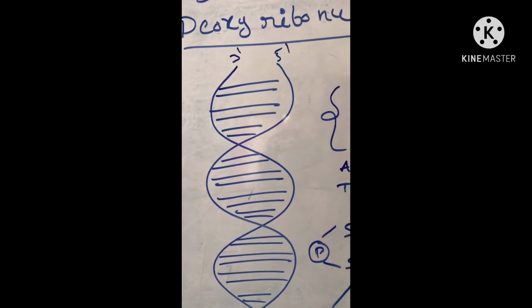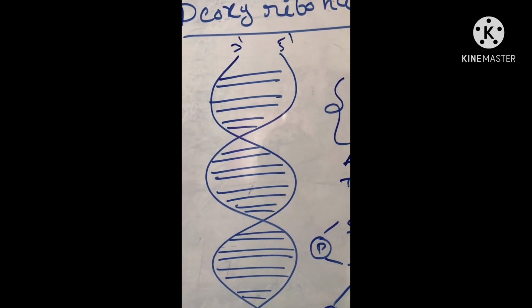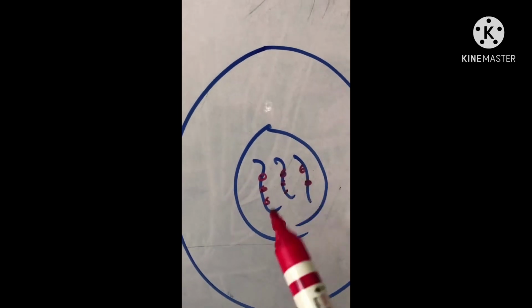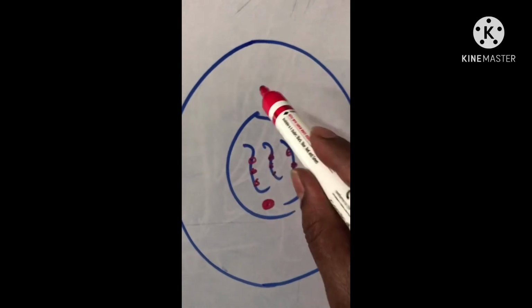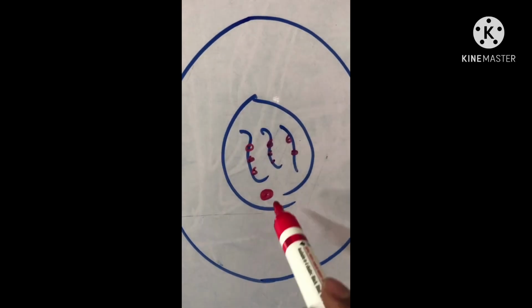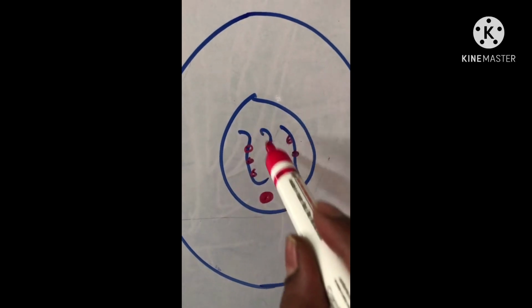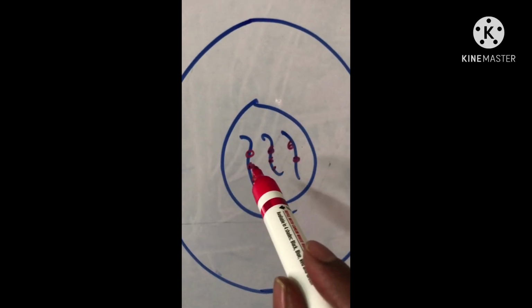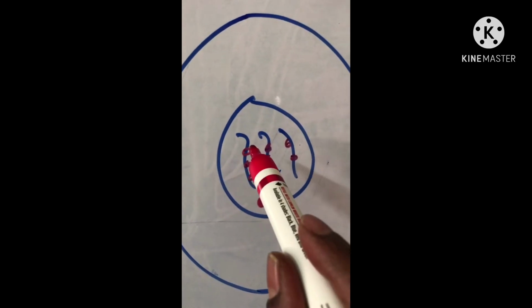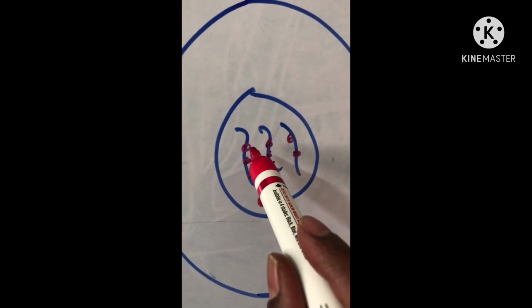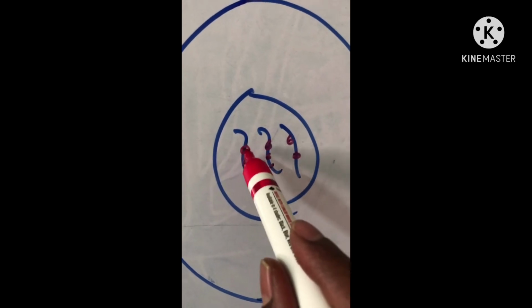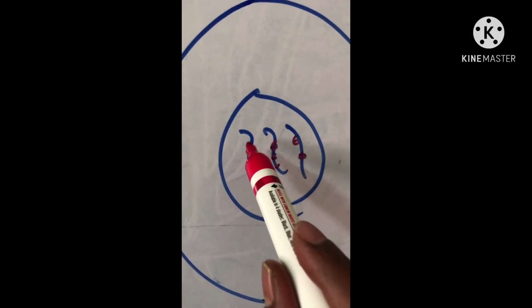DNA is nothing but one of the chemical structures. This chemical structure is present on the chromosomes. This is a cell. It may be a plant cell or animal cell. This is a nucleus. This is a nucleolus. These are chromosomes. Each chromosome has the genetical material or genetical center. This red mark is the center of the DNA. Then here DNA is present, spirally arranged DNA occurs here.